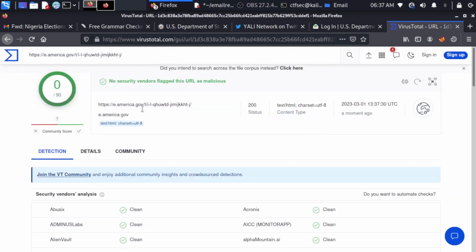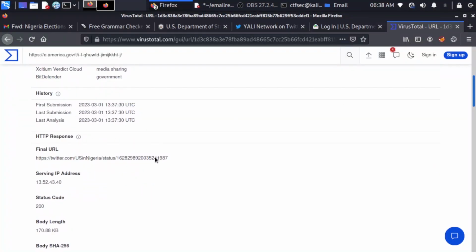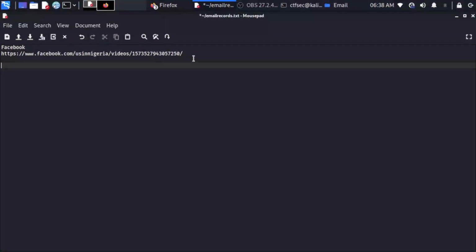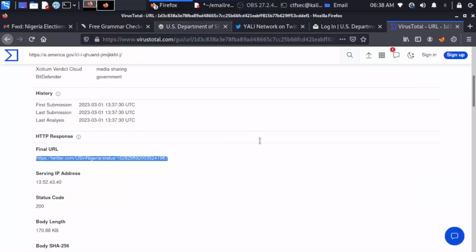Okay, so just like the Facebook link, we go to the details and we scroll down and we can get our final URL. Okay, good. So I'm just going to copy this and let's indicate Twitter and we'll paste this so we can move to the next, which is